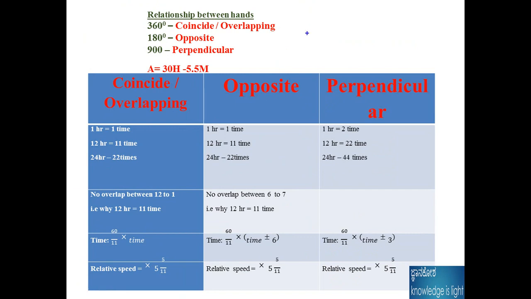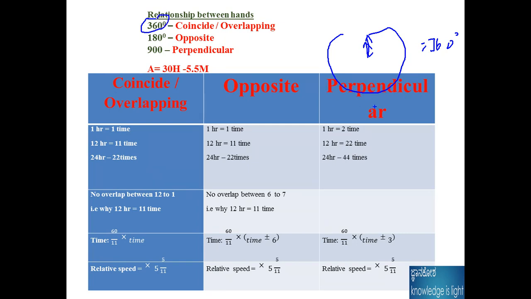Okay. See, this is the important thing. Another type of problem asked in exams is the relation between the hands, coincident or overlapping. If the hands coincide, that means 360 degrees. For example, this is the hour hand, and the hour and the minute hands cover all these things, then again come and meet here. Therefore it covers 360 degrees. For hour and minute angle, the coincide thing is 360 degrees.